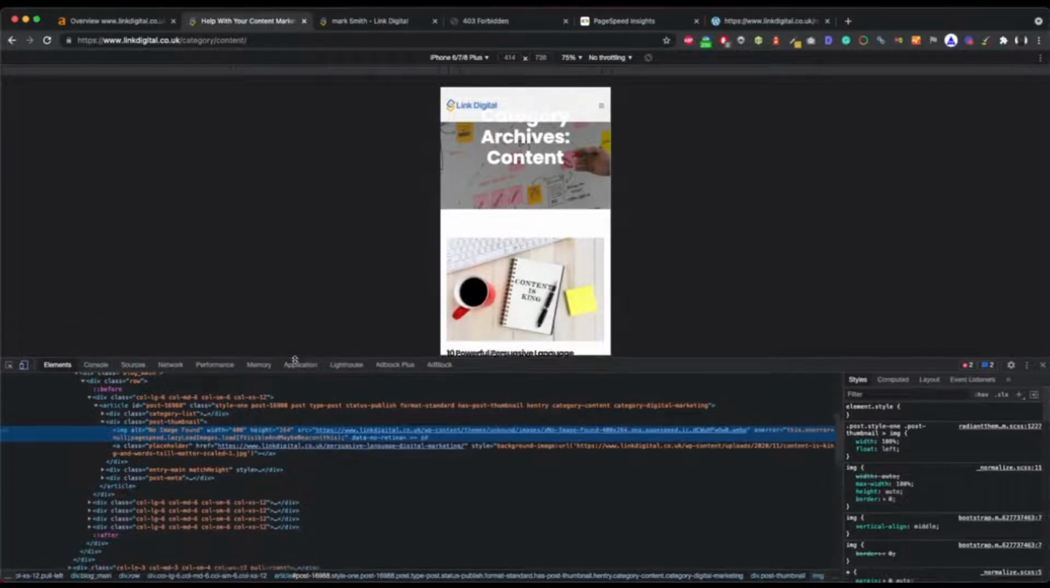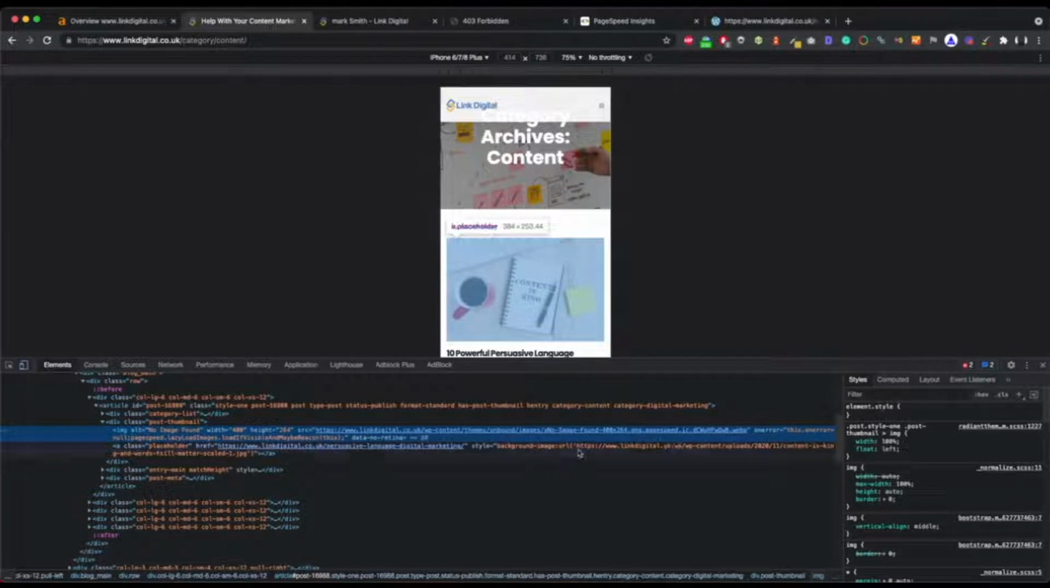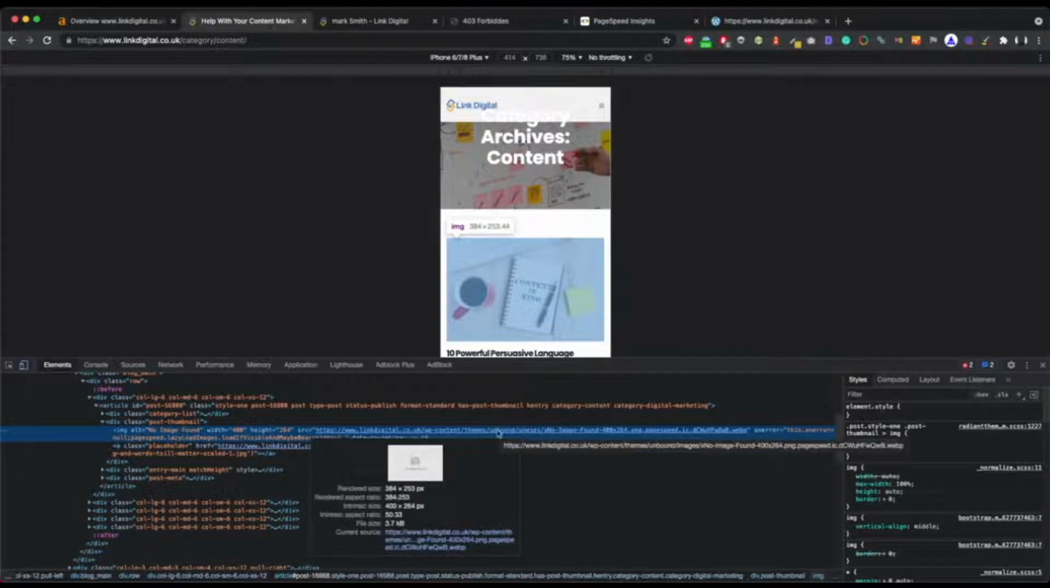Let me once again tell you what the problem is. This should be simply an image implemented in this way: image, alt, of course the alt should not say this, and here should be the link to the image. As you can see here, this link doesn't work,